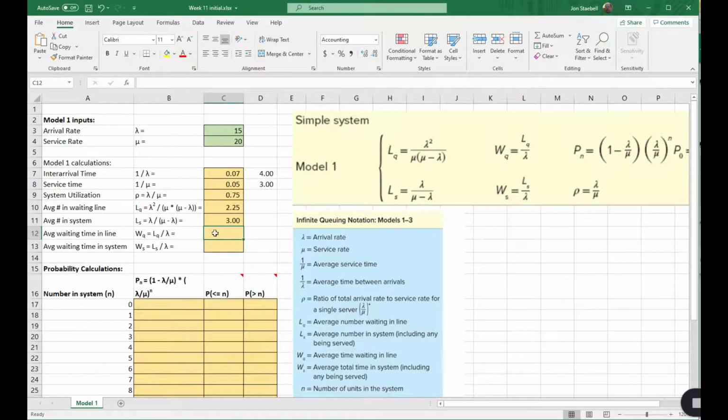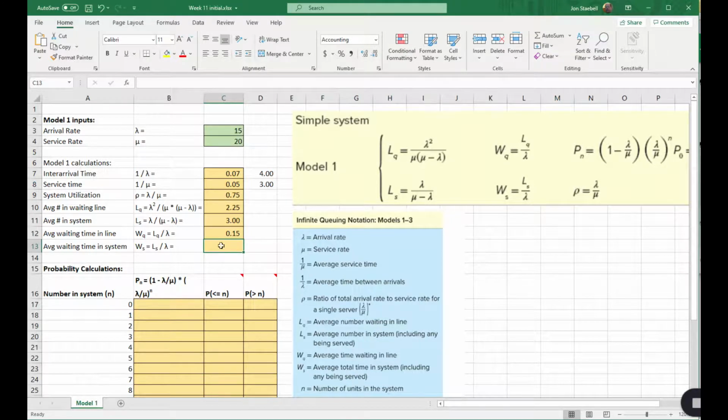Average waiting time, how long do people have to wait in line on average? Again, some people walk right up, get service right away. Some people have to wait a while. What's the average? Well, it's our LQ, which is our average number waiting in line, divided by the arrival rate, lambda. So that formula equals this quantity in C10 that we already calculated, divided by our lambda in C3, and so that's 0.15 of an hour